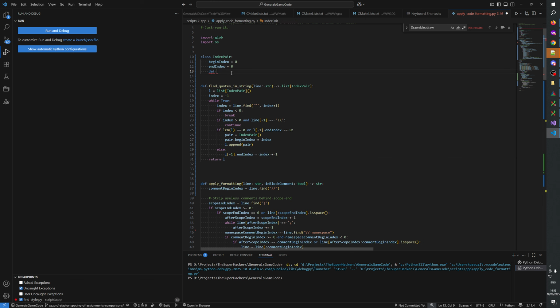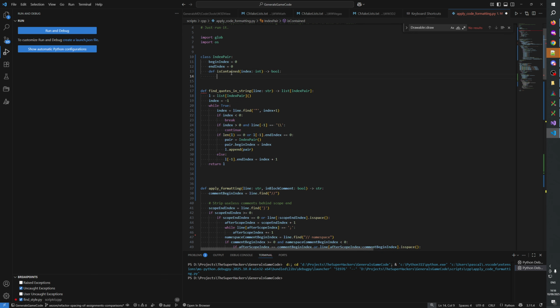Yeah, and then here def is contained in the index int that returns a bool, return index larger equal begin index and index smaller than self dot end index. Yeah. Is contained,